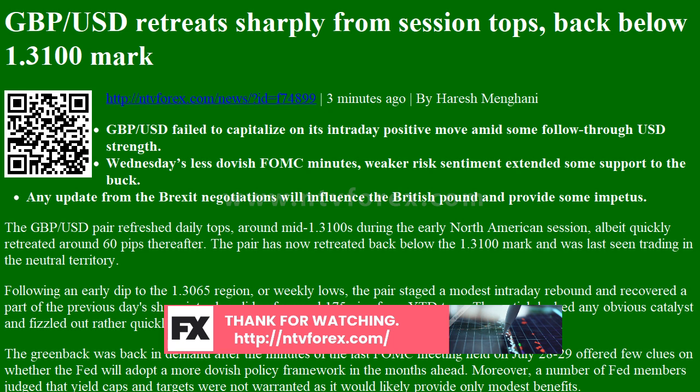GBP/USD overview today. Last price 1.3086 today. Daily change 0.0013 today. Daily change percent 0.10 today. Daily open 1.3099. Trends: Daily SMA 20 1.3037, daily SMA 50 1.273, daily SMA 100 1.2566, daily SMA 200 1.2719. Levels: